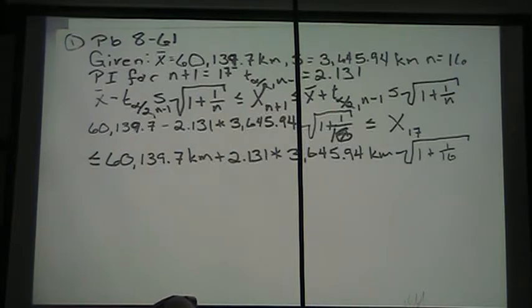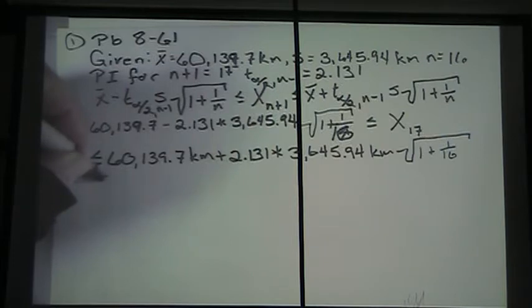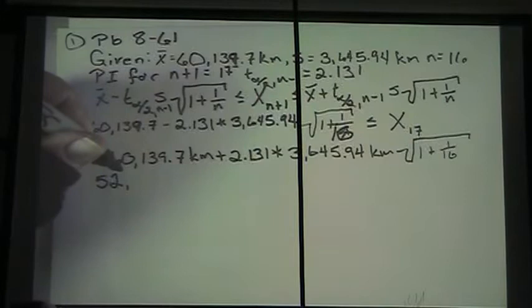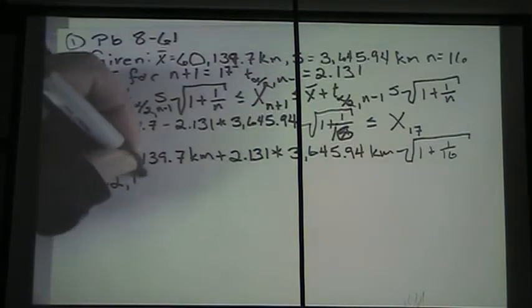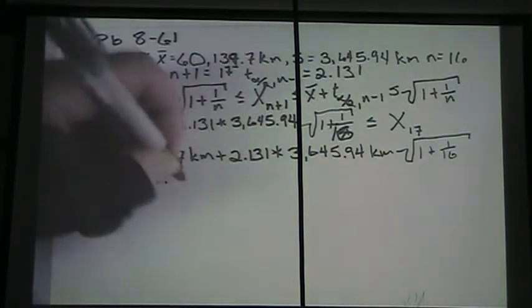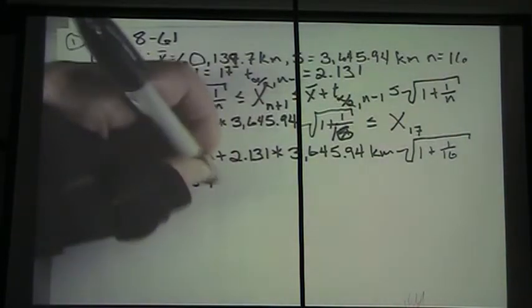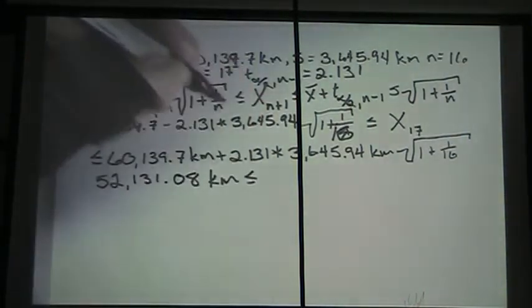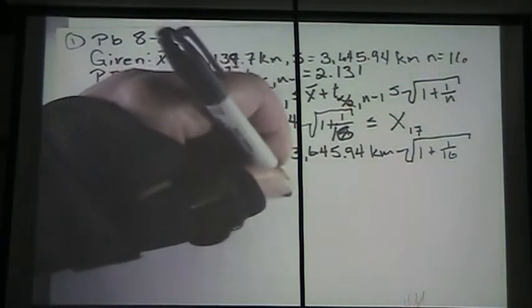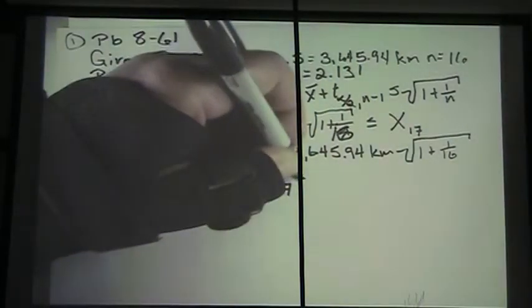Yeah, that works. All right, so our lower bound on our prediction interval is 52,131.08 kilometers. It's going to be less than or equal to x 17 less than or equal to